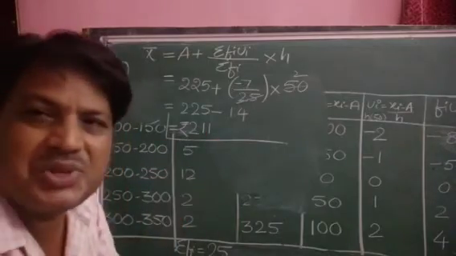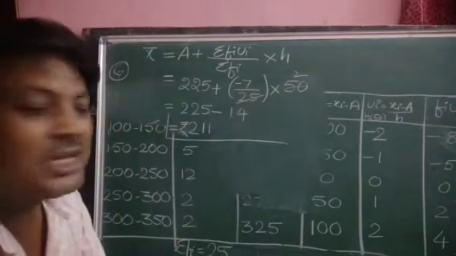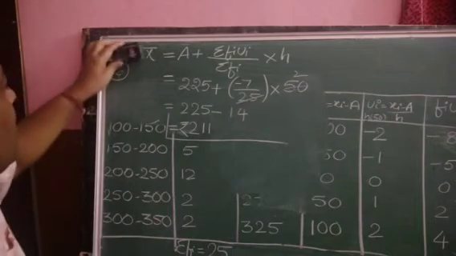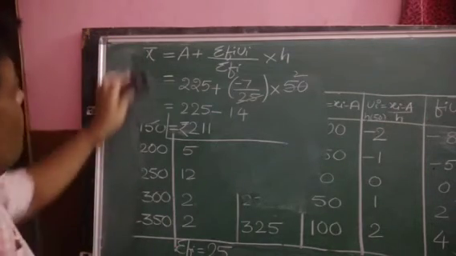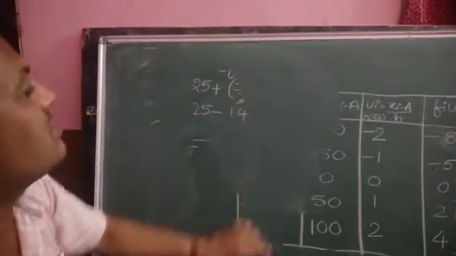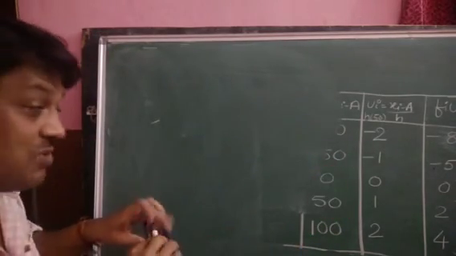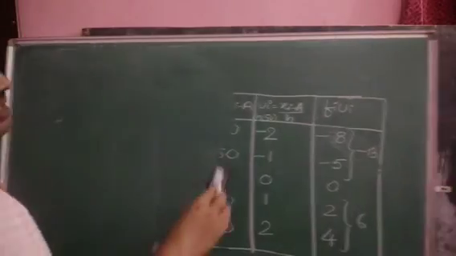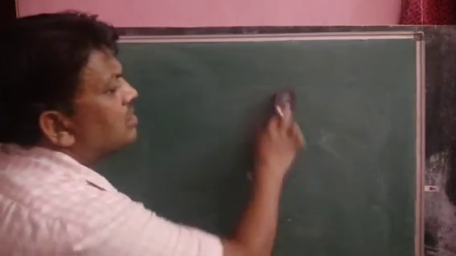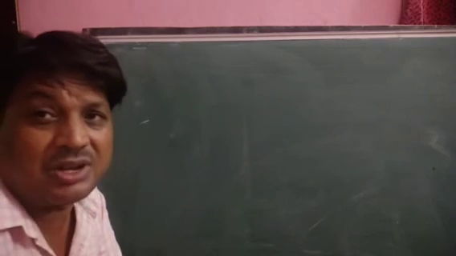The same answer you will get, children, by the direct method, by the assumed mean method, or this step deviation method. But whenever there is a question to solve it by a suitable method, you try to reach the correct method, children, because here common terms were there. That's why we are able to apply this step deviation method. If a common h is not there, a fixed h is not there in all the class intervals, all the class marks, we cannot do it, children. Okay.